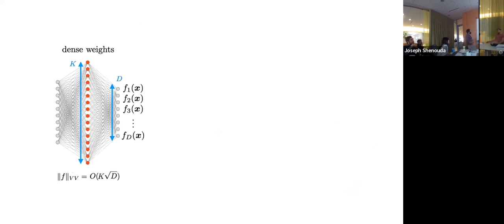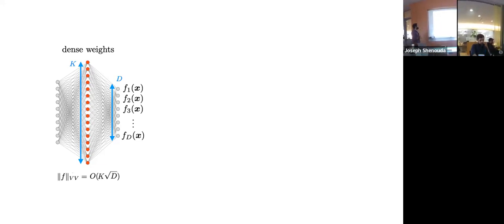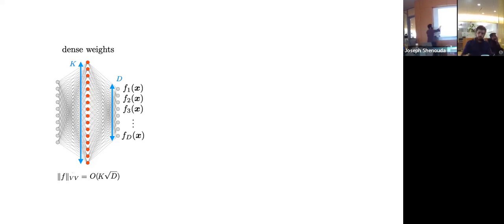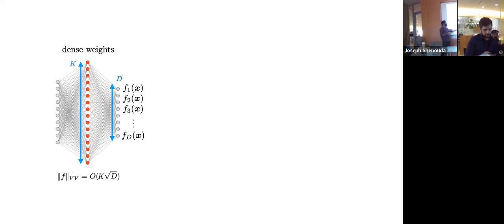So let's suppose I have a vector valued neural network here. I'm going to show a couple of different varieties, look at their VV norm and what it corresponds to. Let's assume your input weights are on the sphere still, the number of neurons is k, and the output weights are order of 1. If for each neuron I have very dense weights, so the output weight v is a vector of all ones, then the 2 norm of that is square root d, and I have k neurons, so my VV norm will be on the order of k times square root d, right?